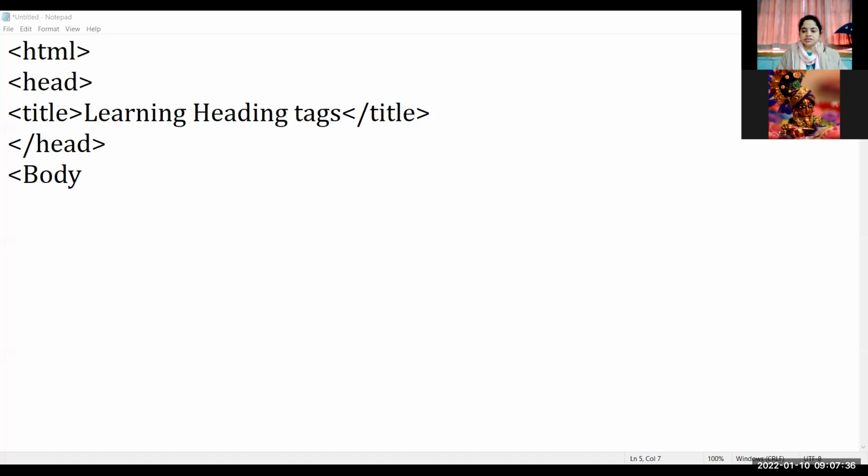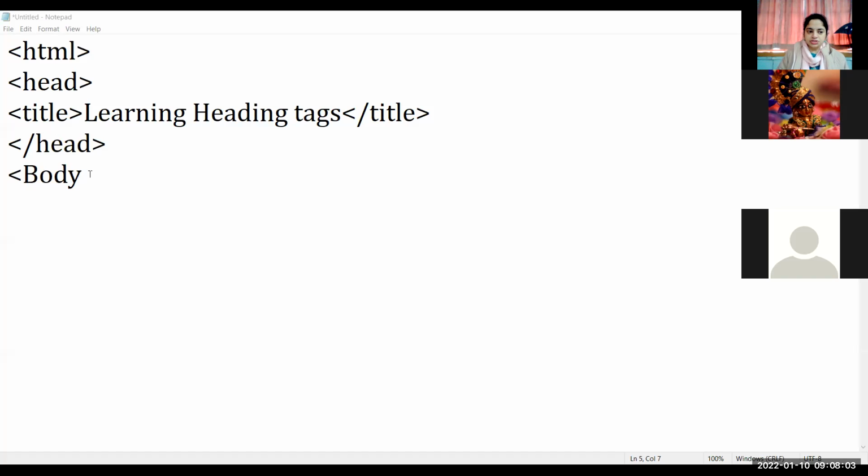Background, to display some image at the background of the web page. Top margin and left margin, to leave margins around the web page. What are margins? Blank space around the page, from the edge of the page to the starting of the text.